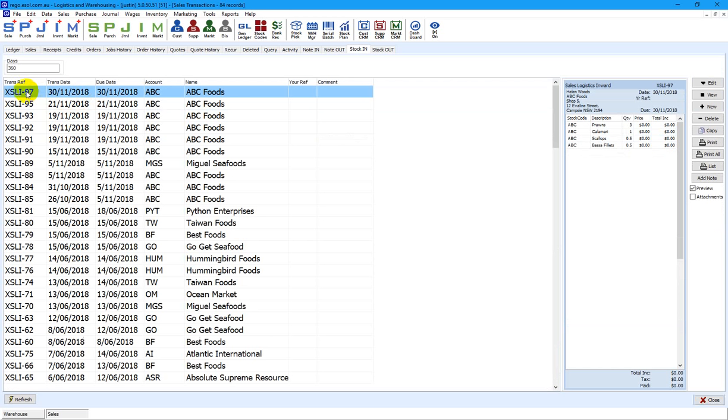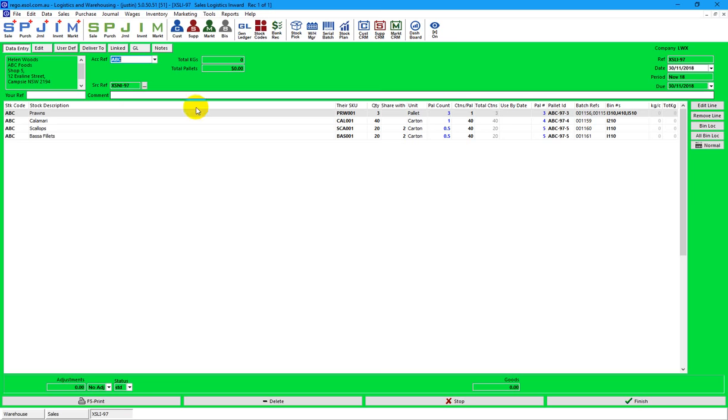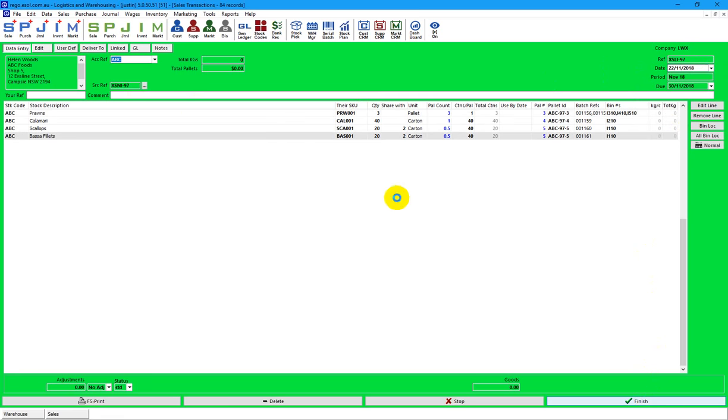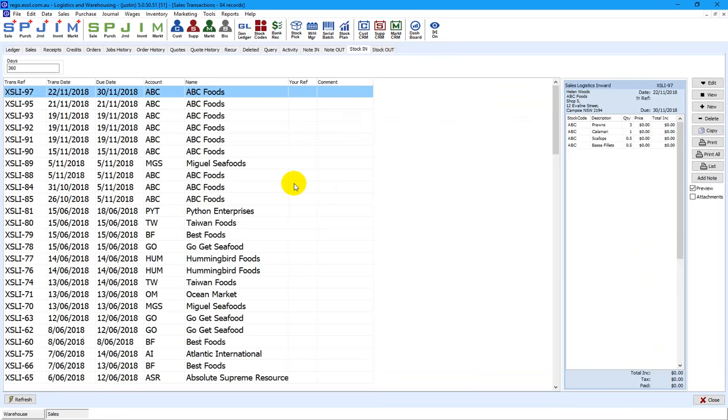Now I'm going to tweak this. I want to actually backdate this. You wouldn't normally do this. I want to set it back a week, and it's a little bit of a cheat, I know, but it's just going to help my demo, because